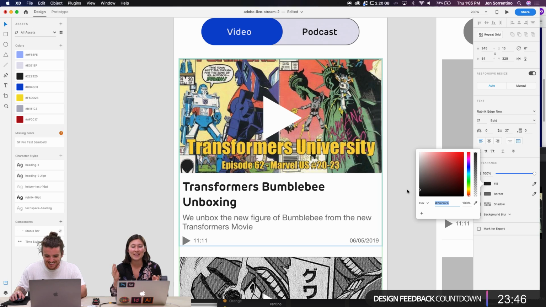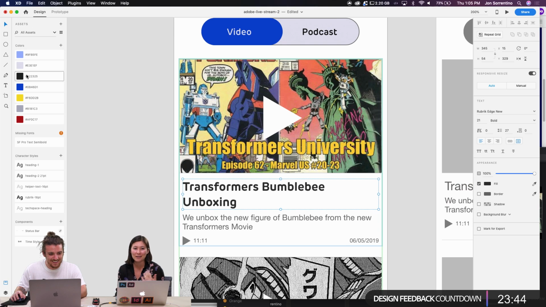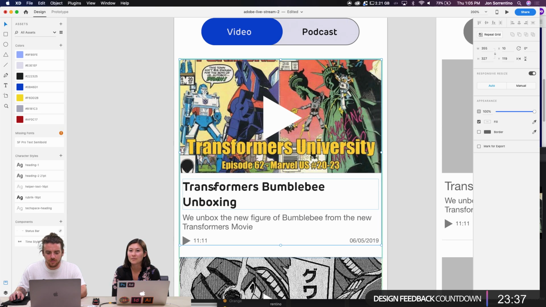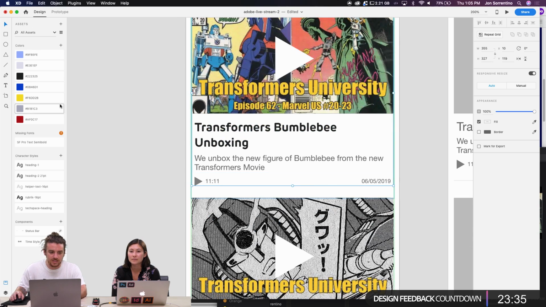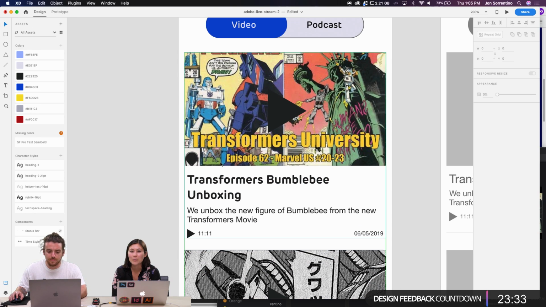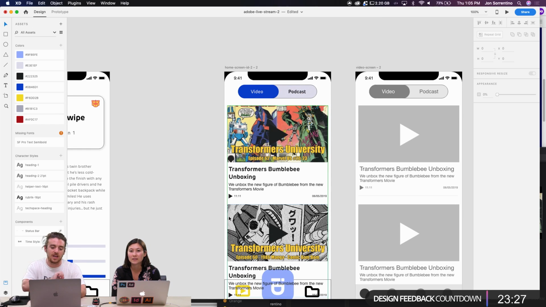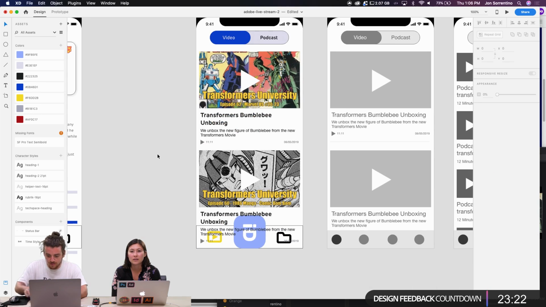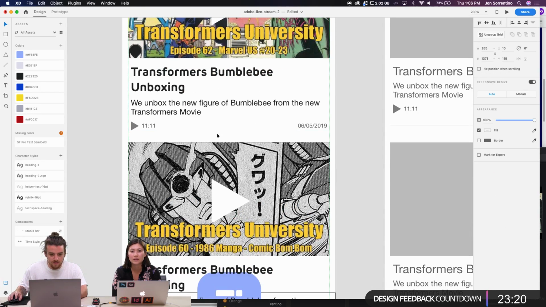Sure, so you could play up the rest of your design or the background of your app. Yeah, I think because a lot of the Transformers comics and shows are really colorful, that's a great point where we're leaving these elements a little bit more neutral this way, so that stuff stands out. And immediately as I drop that in, you see how it jumps out at you. So that's a nice little note to keep track of.